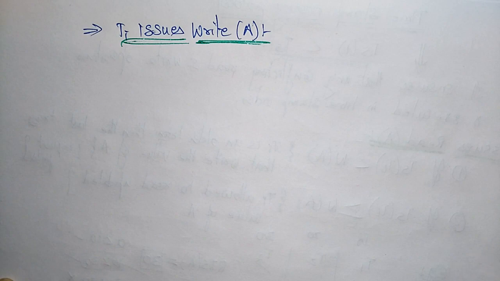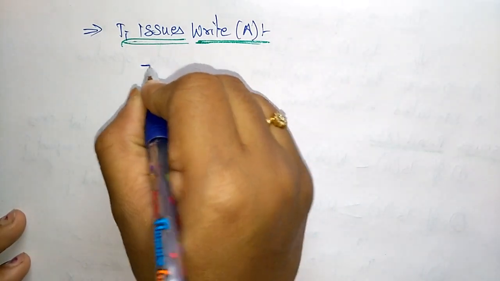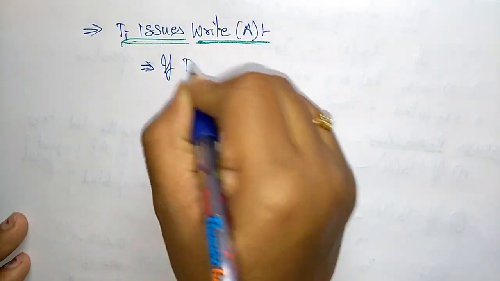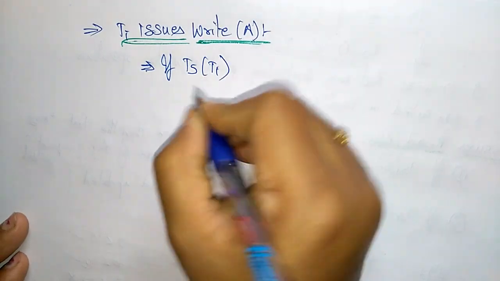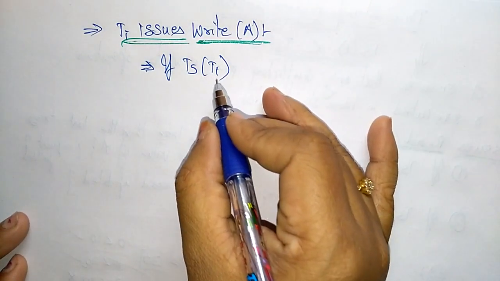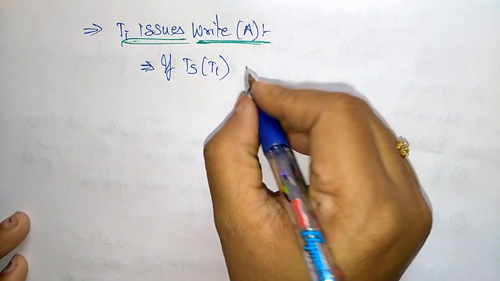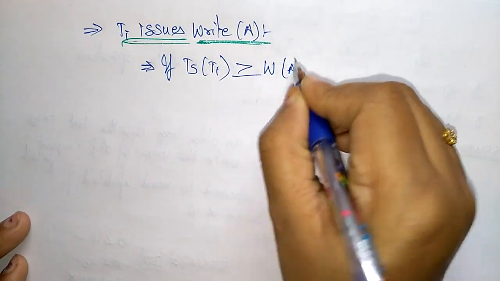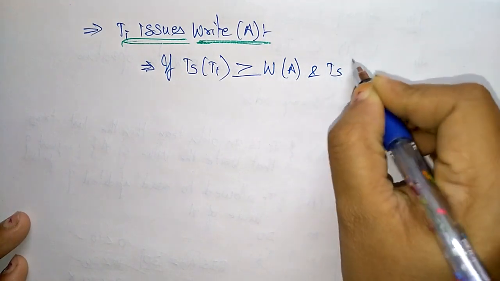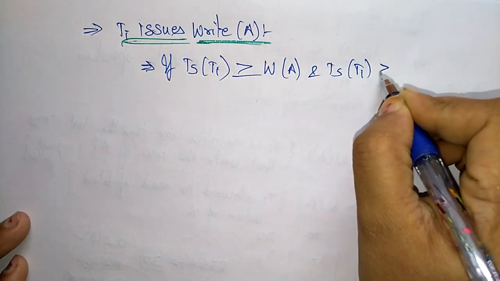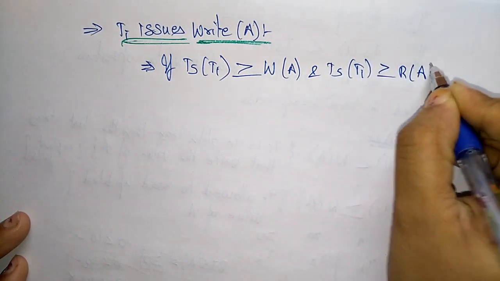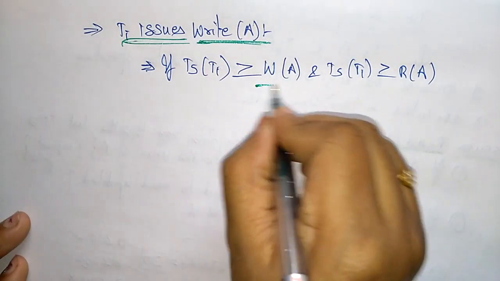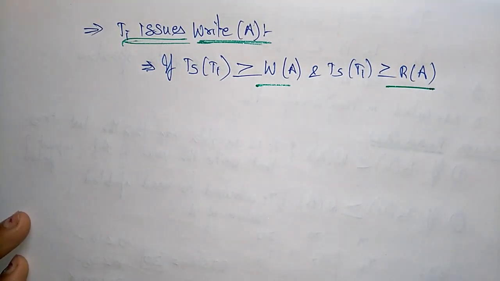The first condition: if the timestamp of Ti, for any transaction you take, is greater than or equal to the write timestamp of A, and the timestamp of Ti is greater than or equal to the read timestamp of A, so both for write of A and read of A,